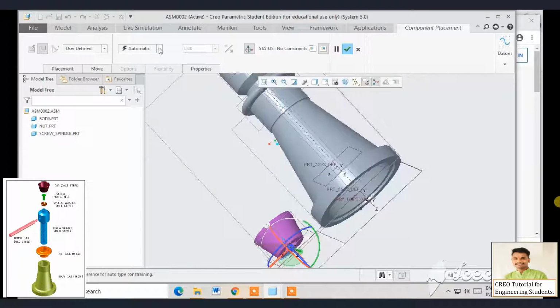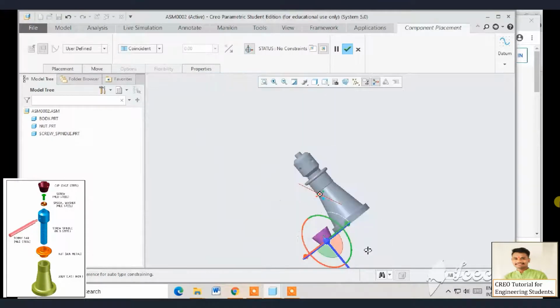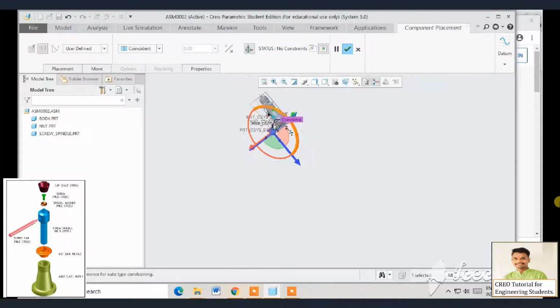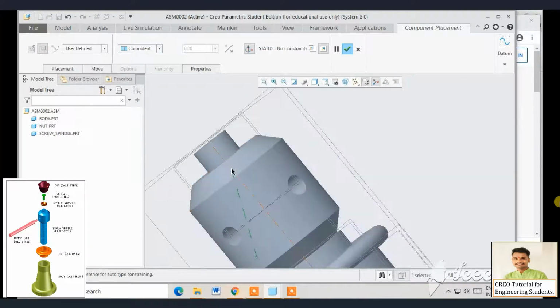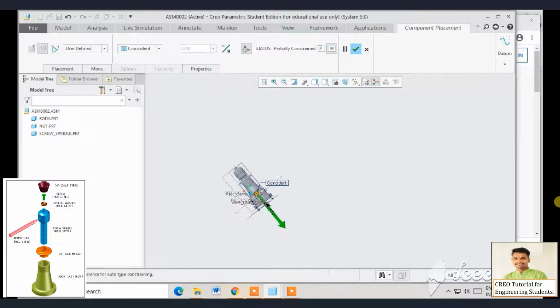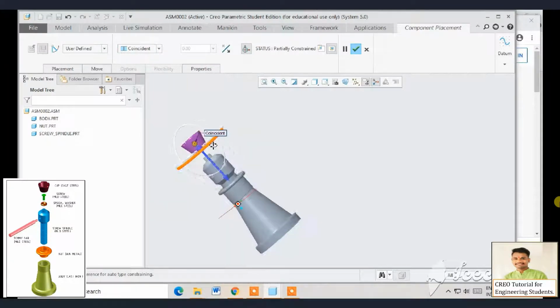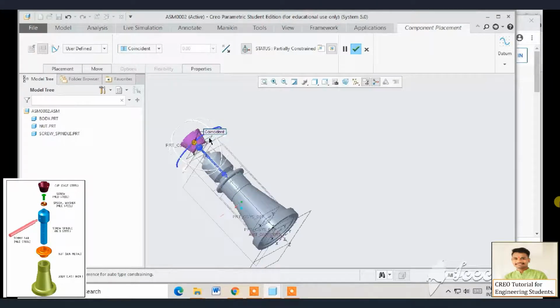Now select the coincident and select the axis of the both components. Axis of the cup should be coincident with the axis of our screw jack body. Now move it upward and rest it on the spindle screw.